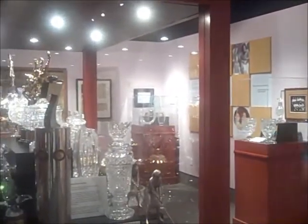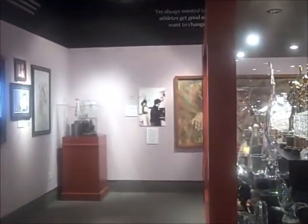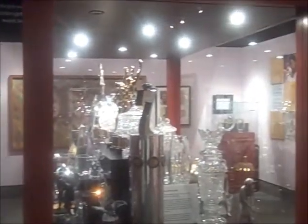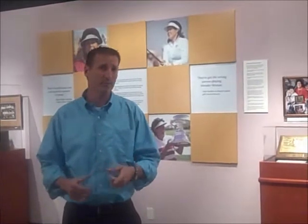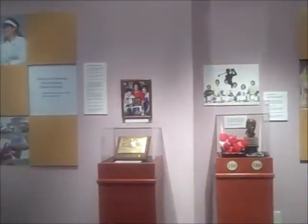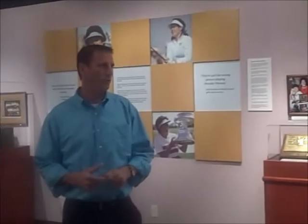And you can see by some of these display cases, she opened up her doors to us and allowed us to take as much as we wanted. I think we did a pretty good job with it. We like to think we tell the story best because we include the personal stories, and we work with the member to identify what's most important to them, not so much to us. So we're able to tell stories of her personal life, her parents, growing up, what it was like, what inspired her to become the player that she did, and we'll talk a little bit more about those stories in the